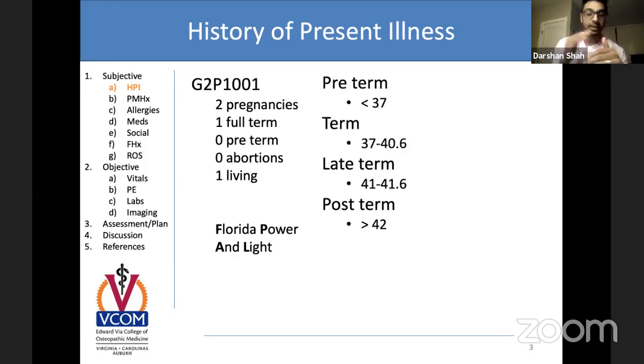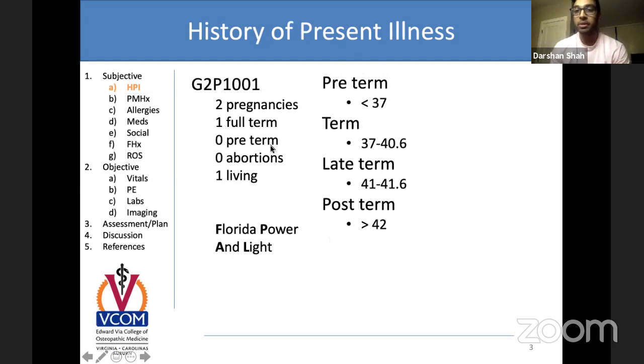Okay, so it's going to take some practice, and actually when you're in med school, they're going to give you some HPI cases and be like, okay, give me the G's and P's. So you guys will master that over some time. And then the other thing to know when you're an OB-GYN is how many weeks, what determines what week they're in. So a preterm child means that they're born less than 37 weeks. Term is 37 to 40.6. So the 0.6 means 6 days out of the 7. Late term would be 41 to 41.6, and post term is greater than 42 weeks.